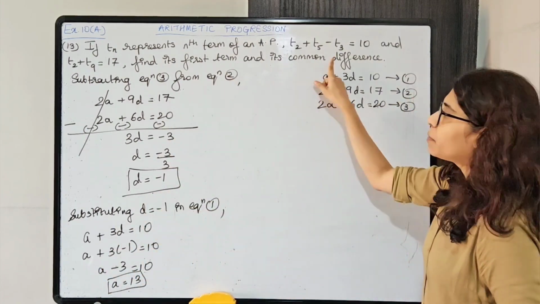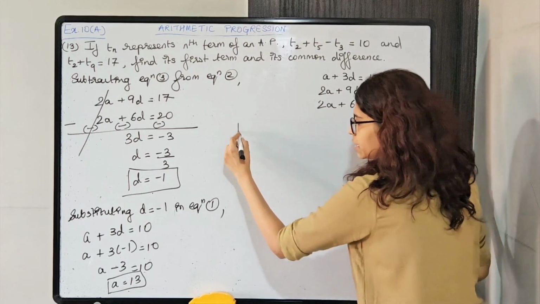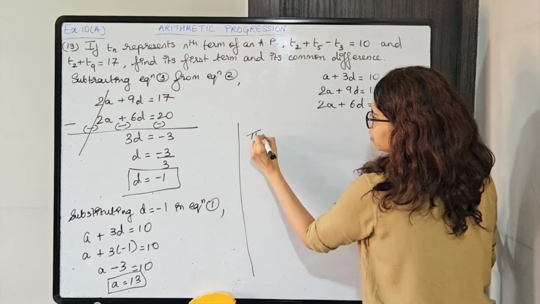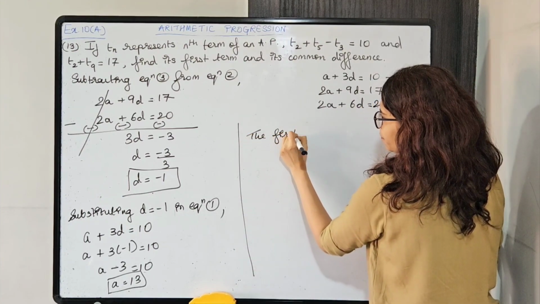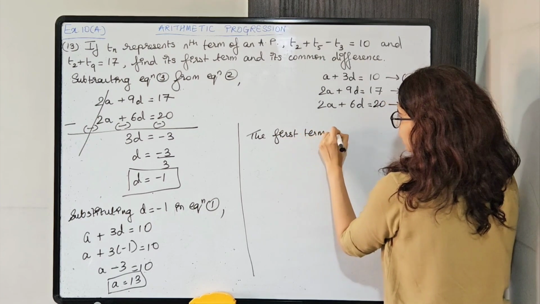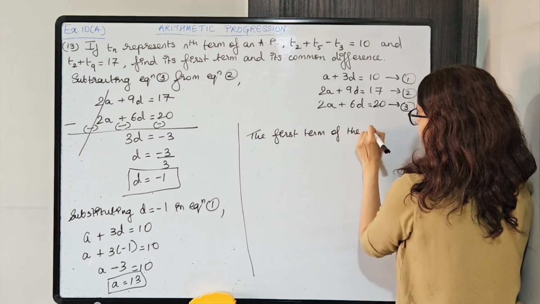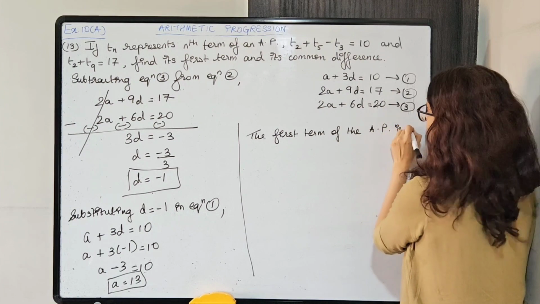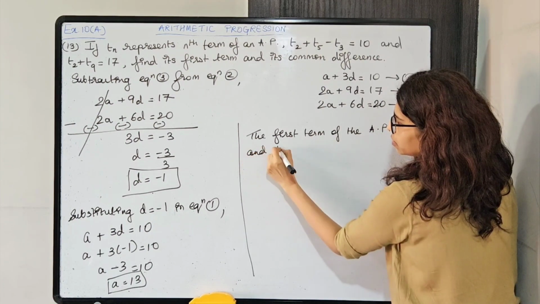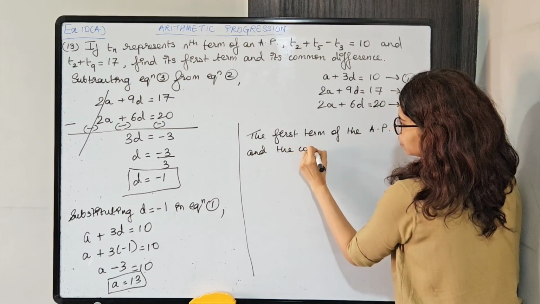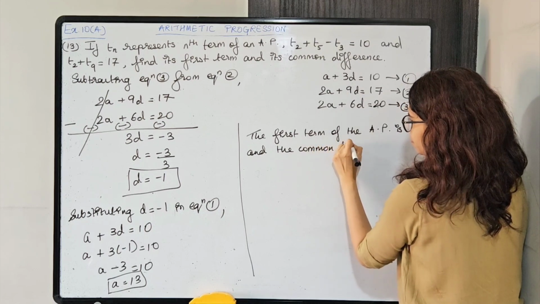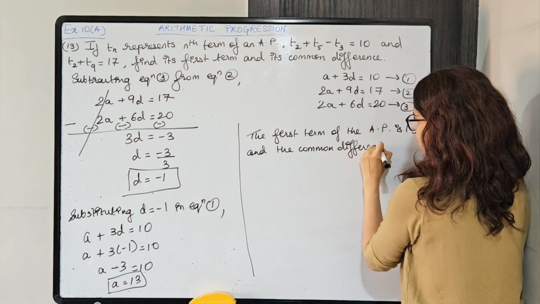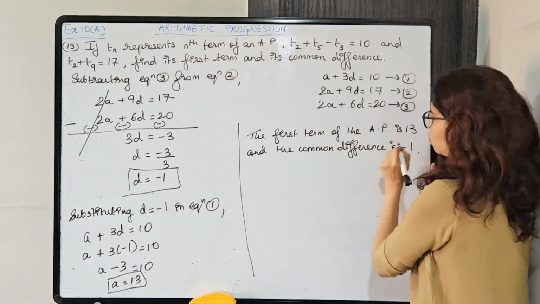We got the first term and the common difference. Write down the final statement. The first term of the AP is 13 and the common difference is minus 1. Okay,